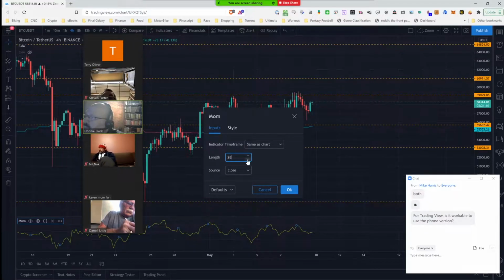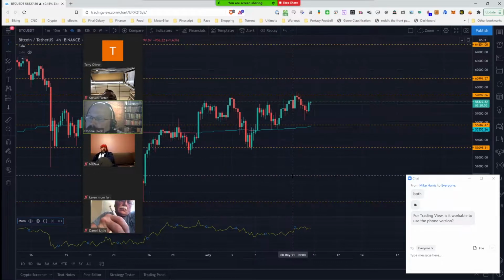I use a 28 period momentum for divergence, so I just keep it at 28 when I'm doing most of my trading methodologies. That gives you almost a month's worth